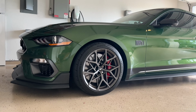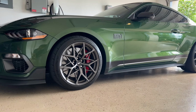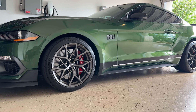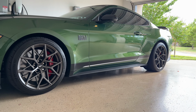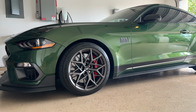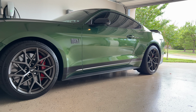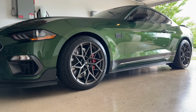One thing I will tell you about the car, it has extremely beautiful road presence. I am going to be switching out these Sport Cup 2s. I will sport them for a while. I might change them. If I do, I will be doing some Michelin 4S, which are probably way better than this, especially in Houston when it ever does rain here again. It comes with 315s in the rears. I will probably be doing 325s in the rears, but look at just, you know, the stance on the car, it is just